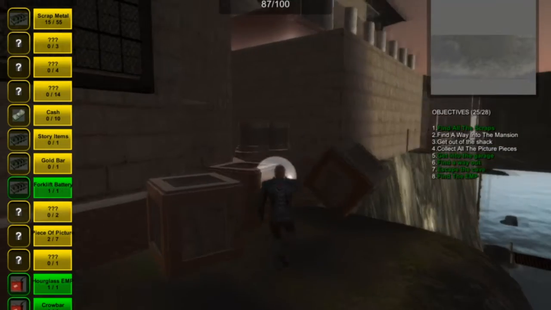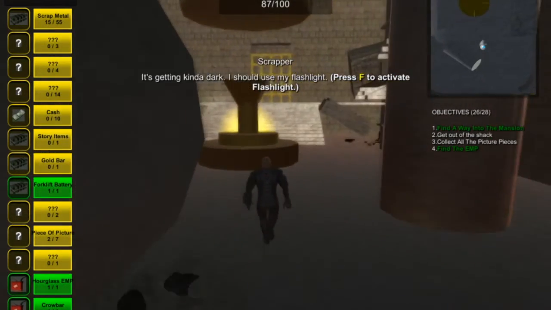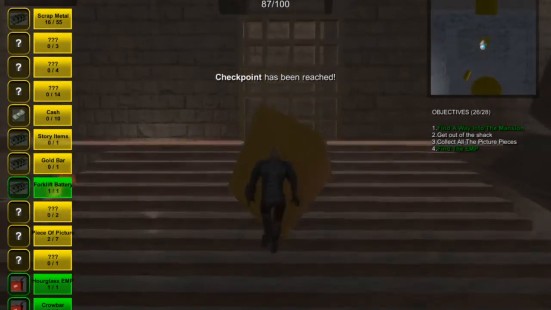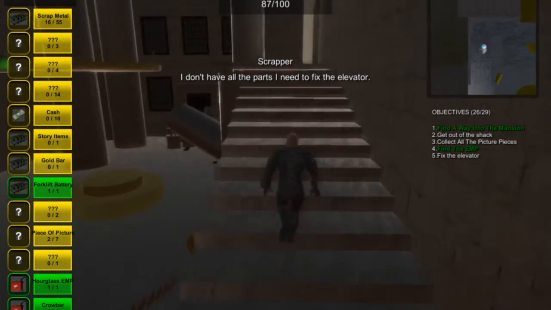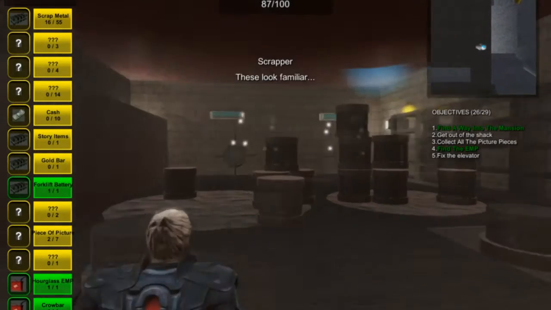Moving these boxes out of the way, the player enters into the main foyer, which will show the player that they need to go upstairs using the elevator, but the elevator is broken. So they don't have all the parts they need, and they need to look around for the two parts to the elevator. The first one can be found in this room right here, and when the player walks in, they'll